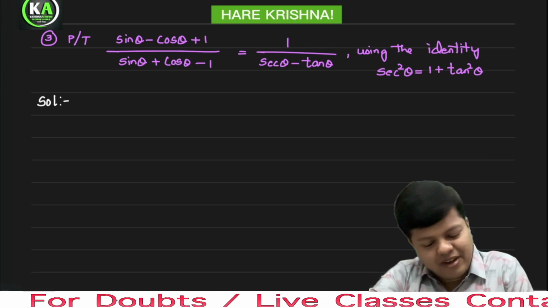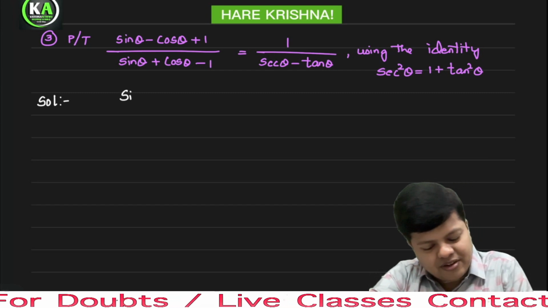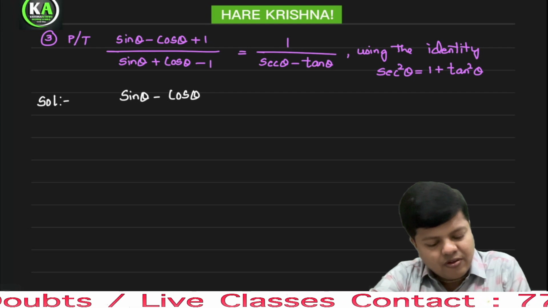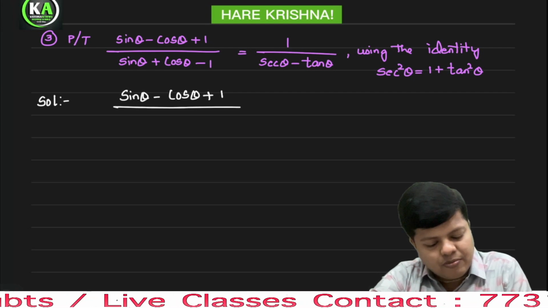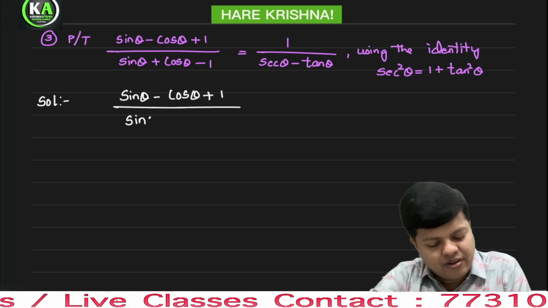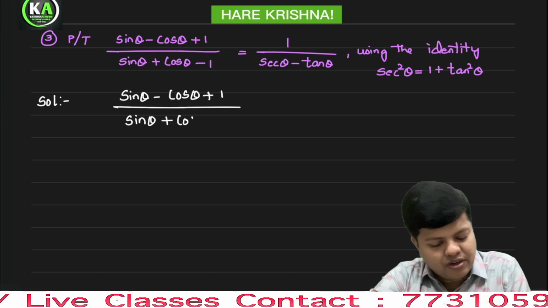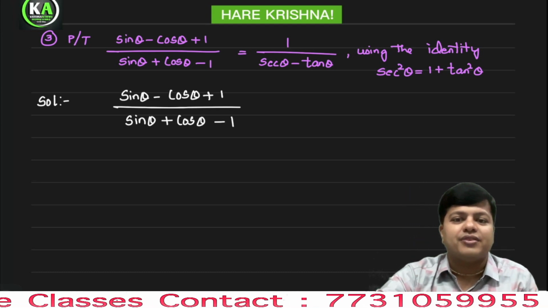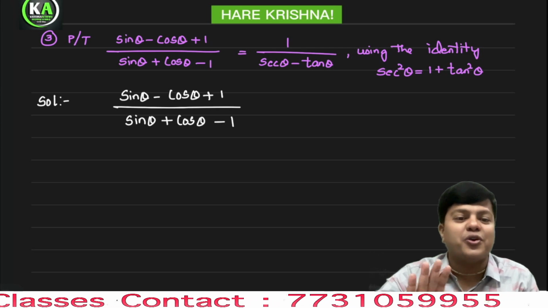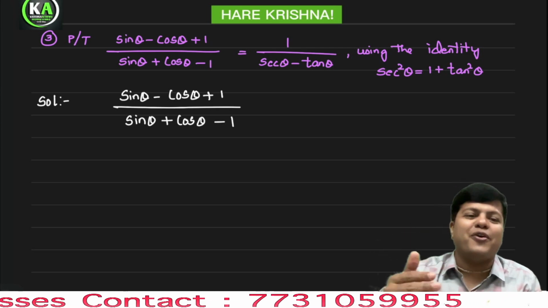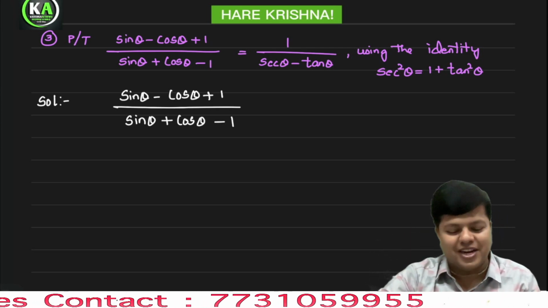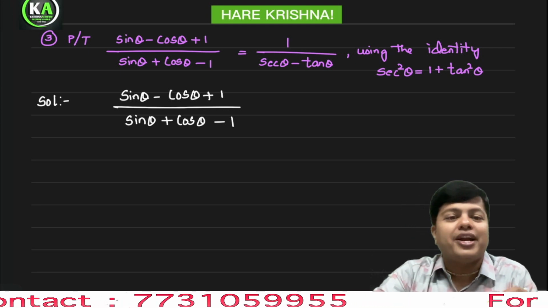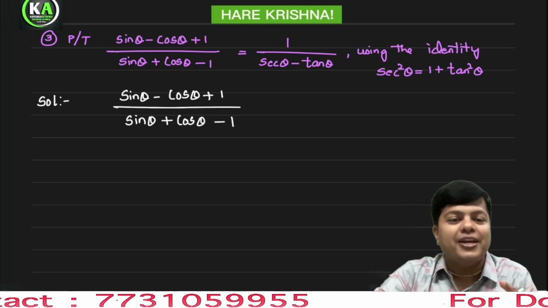Please see. First copy LHS. Sin theta minus cos theta plus 1 by sin theta plus cos theta minus 1. Okay, sir. I copied the question. Don't count this as a step. Now we are going to do 4 to 5 steps. Okay? Okay, sir. Divide both numerator and denominator by